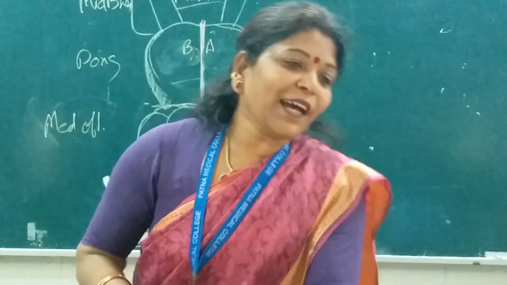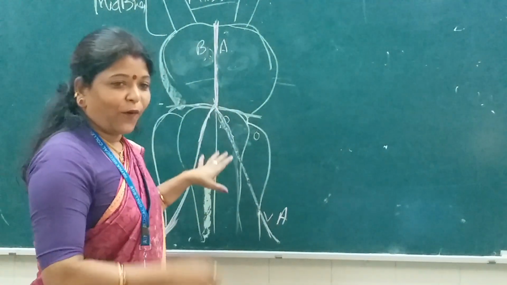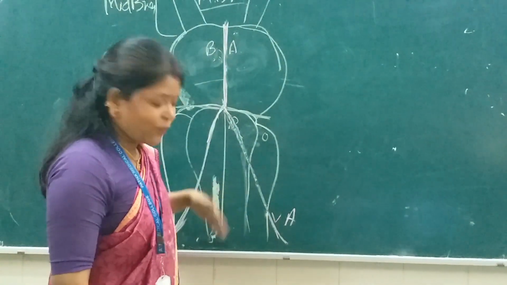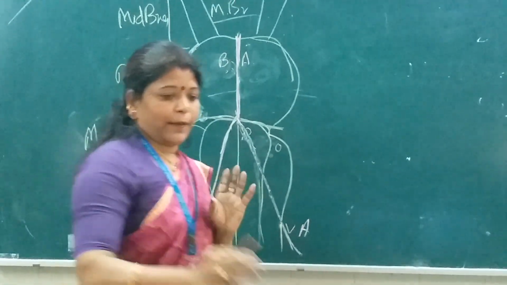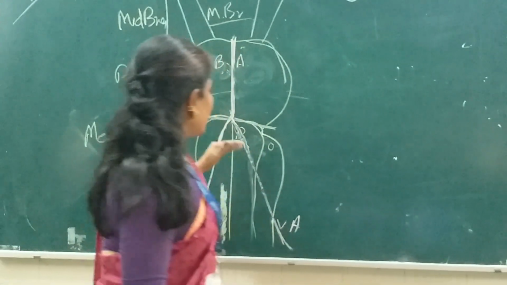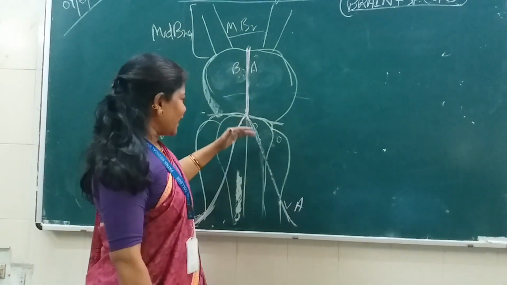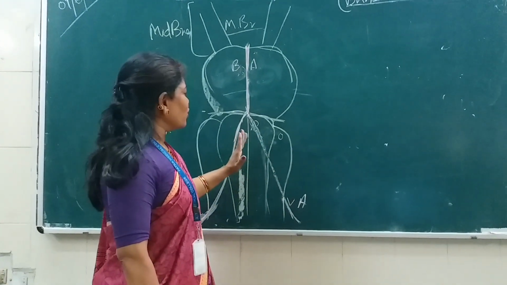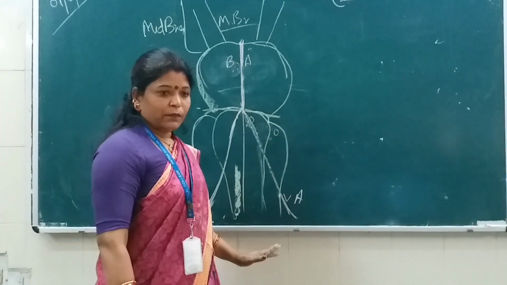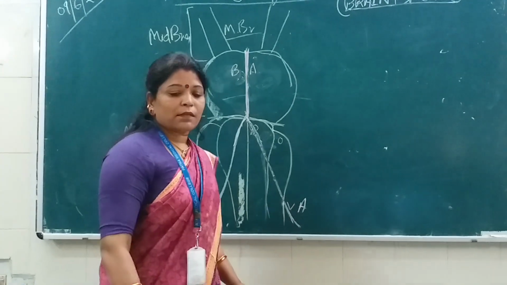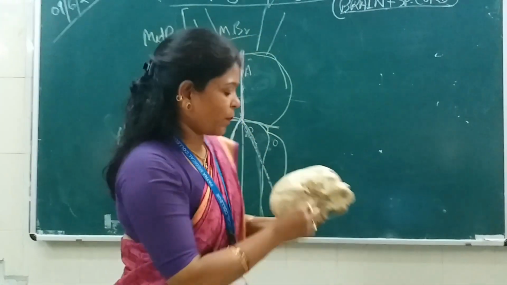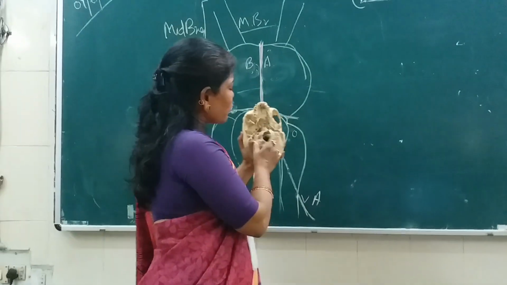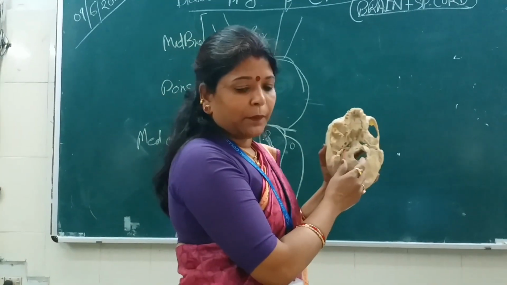But the arteries of the spinal cord are not coming from the cervical vertebra; they are coming from the cranial cavity, from this part of the vertebral artery which is lying over the medulla oblongata, isn't it? That means I would like to make you understand this is the foramen magnum here and